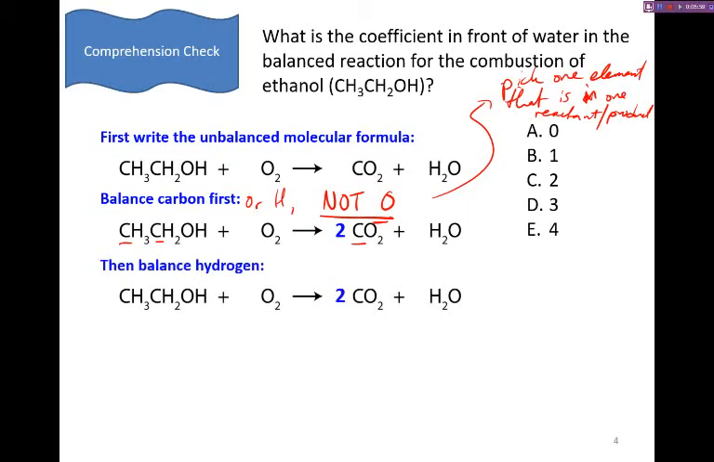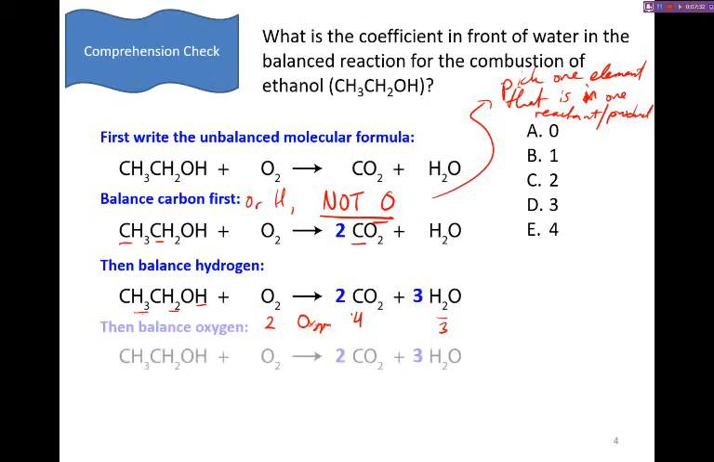Now we can balance the hydrogen. We have 1, 2, 3, 4, 5, 6 hydrogens on the left and only 2 on the right. So then we need a coefficient of 3. For oxygen, if we can do a note keeping here, we have 4 oxygens plus 3 oxygens, and we only have 2 on the left, which means that we need 5 more, or in other words, we need